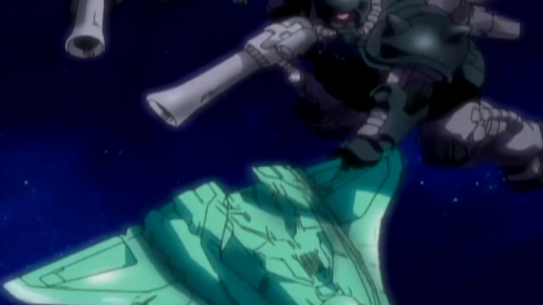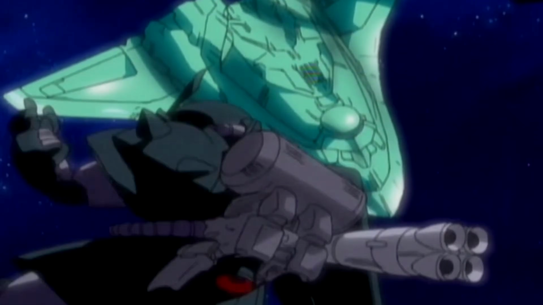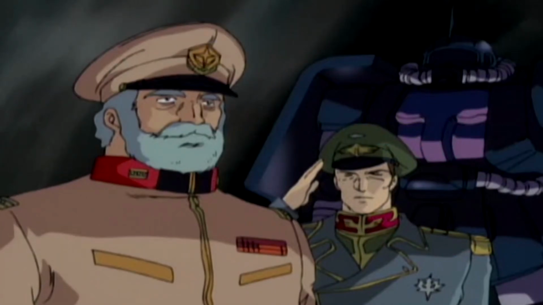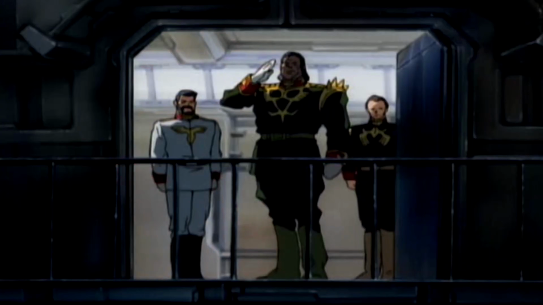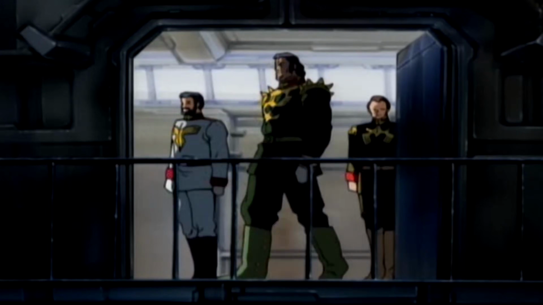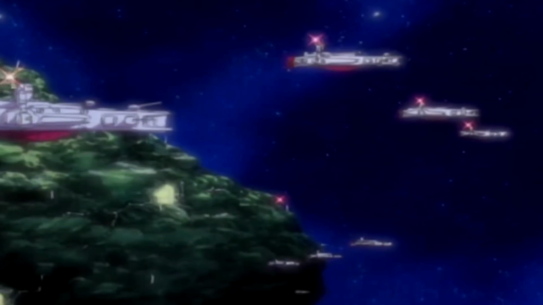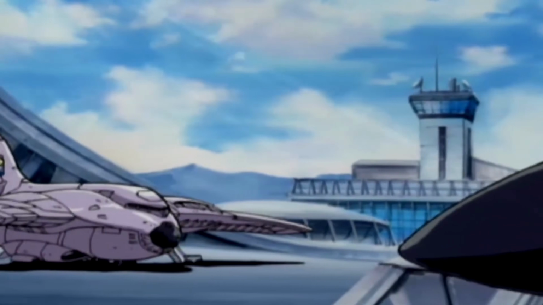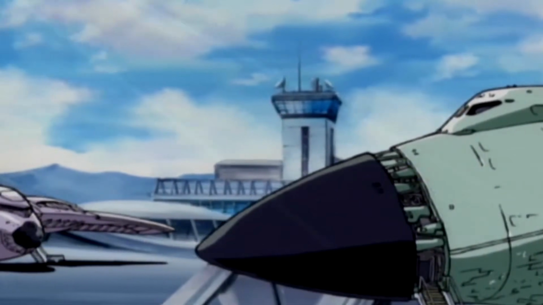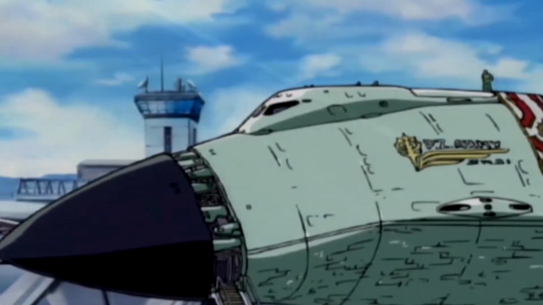During the battle, a three-man team known as the Black Tri-Stars earned notoriety by capturing General Revel, further depleting the Federation's combat capabilities with their leader now a prisoner of war. Pushed back to their last major fortress of Luna 2, the Federation would agree to sign a peace agreement with Zeon on January 31st in Antarctica.